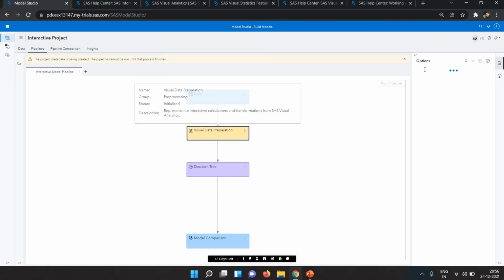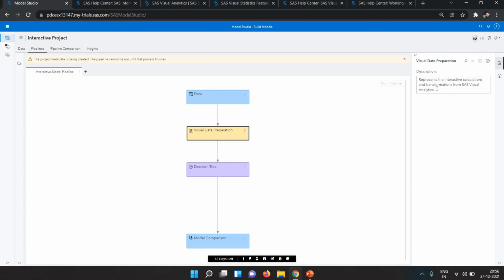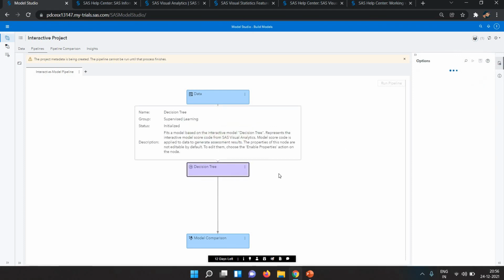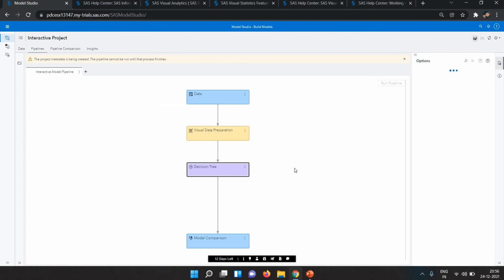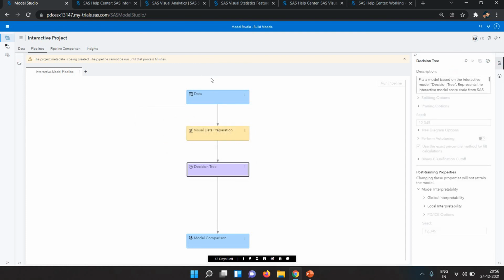You can also write the step names and a description for future use, so if anyone sees it, they can identify what flow you have done for analyzing this data.